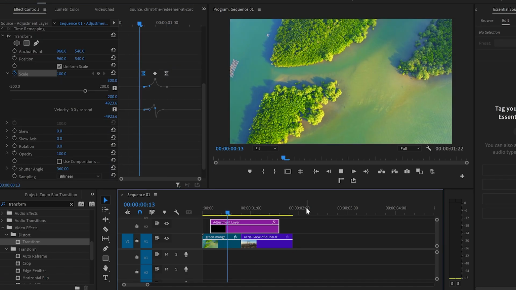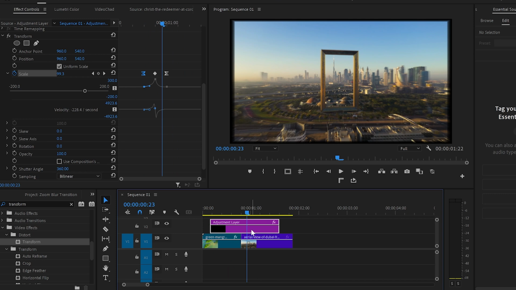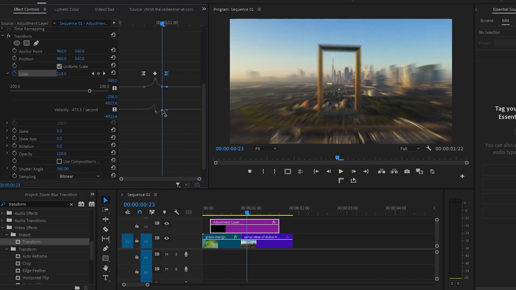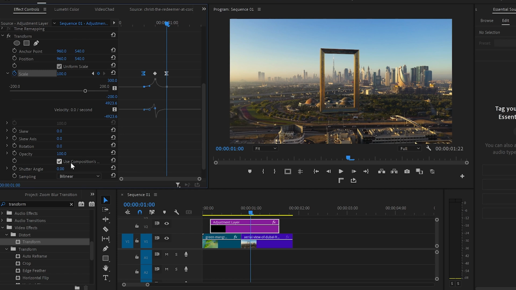peak. And now when I play the animation, it doesn't look right because we've got black borders around the video. So to fix that, I'll go back to the last keyframe and play around with the lever until we get the perfect result. So once we've done with this step, I'll go next to the use composition angle,